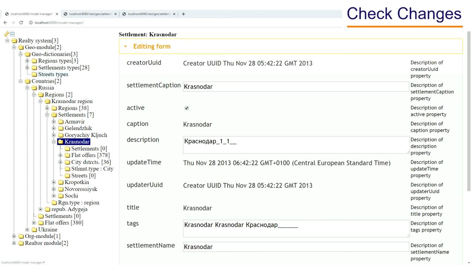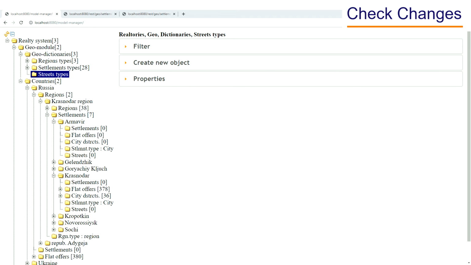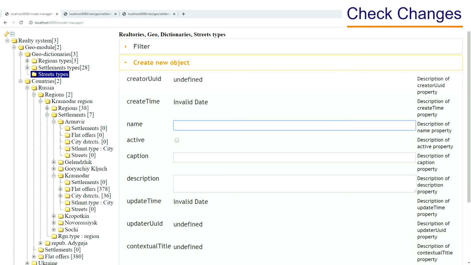You can see that street types have appeared in the Geo module. And inside any settlement, you can find the aggregated list of settlement streets. Of course, both datasets are still empty. Let's fill them. For the simple dictionary street type, I should just click the Create button, fill the form,